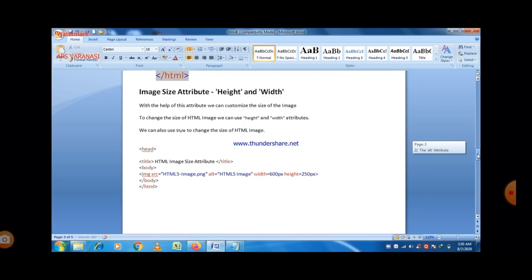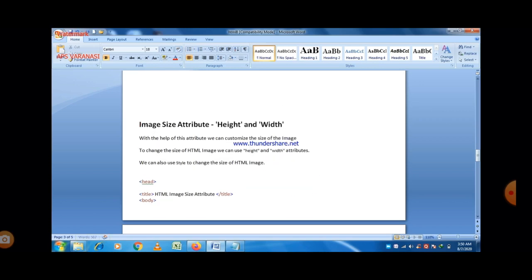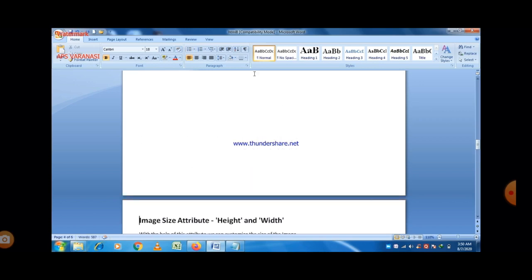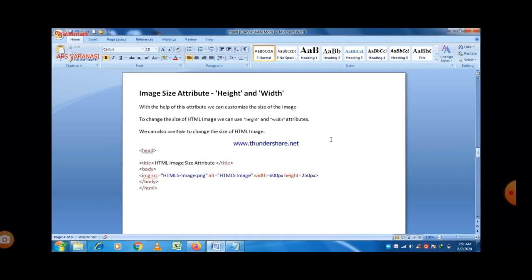Next, our topic is the image size attributes, height and width. So we can reduce or increase the size, in terms of height and width, of an image also. So there are two attributes, height and width.